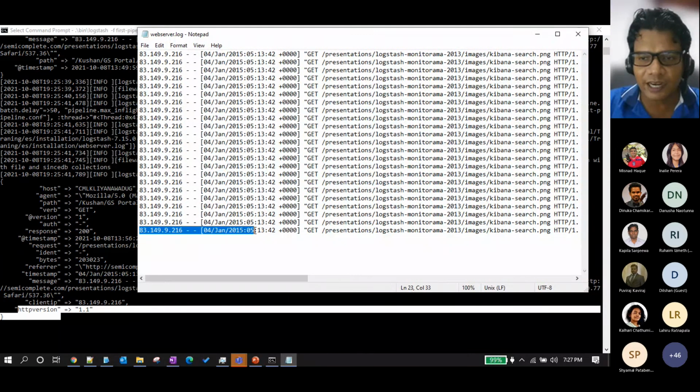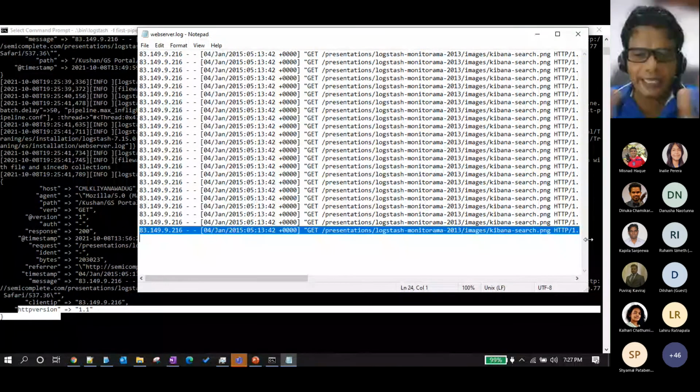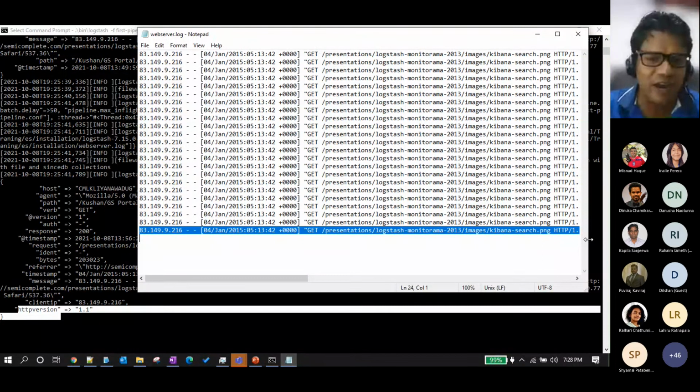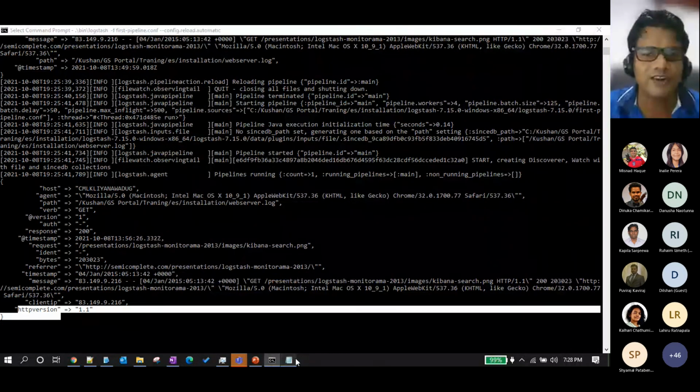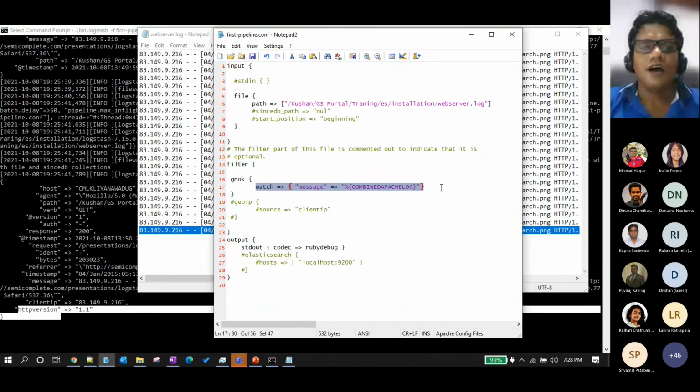Structured in the sense that we will align this in a particular format, and then all my web servers should be in this particular format. In my configuration file I can write only one filtration. I can write only one grok pattern where all of my web server logs will be sent into Logstash, where I can break them with that one particular grok pattern. So that is the practical scenario.